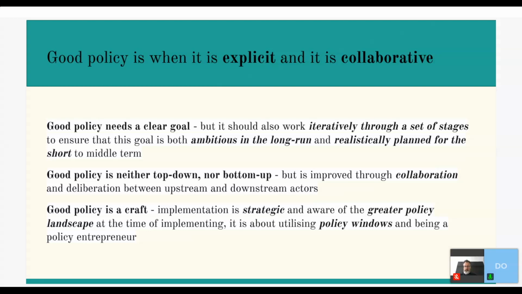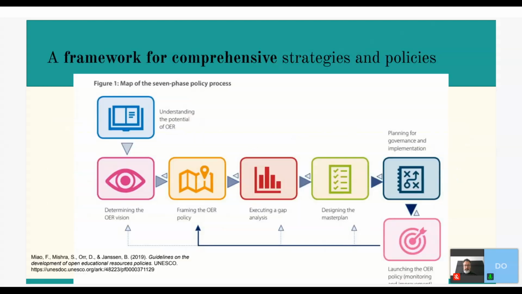And just finally then, on the last slide I'm going to present, we see the general framework that we're using from the UNESCO guidelines that were drawn up by a number of colleagues of ours, where we really thought about, okay, if we're going to have a good comprehensive policy, which is collaborative, but which is very clear about what goals we need, and is really thinking iteratively and thinking of every phase as a learning phase, then we need to think through these 7 steps.